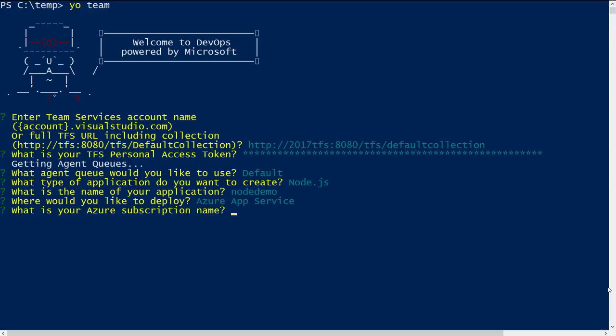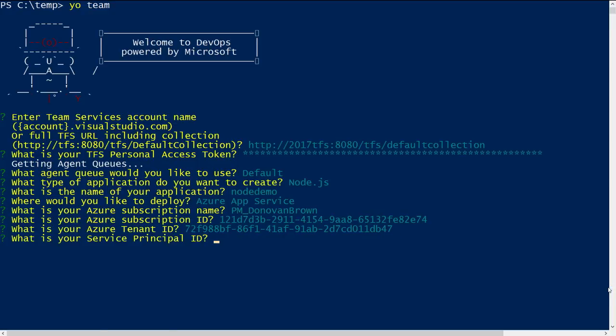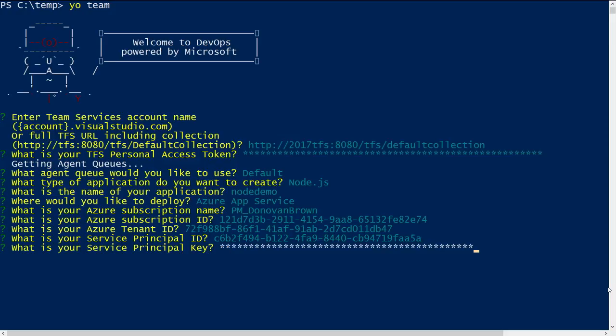And now it's asking me for my Azure subscription. So I can simply put in my Azure subscription name. It needs to know my subscription ID, my tenant ID, my service principal ID, and this is information that you can go and gather from inside of Azure. And then finally, my service principal key, which is important and private, so we don't show that to you here